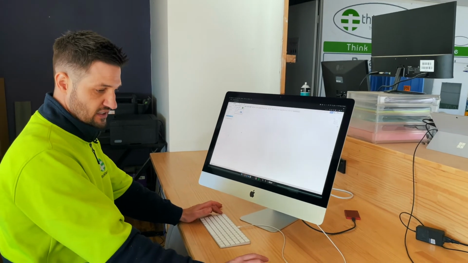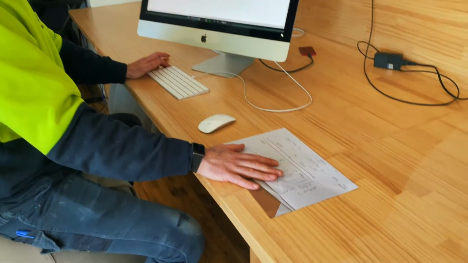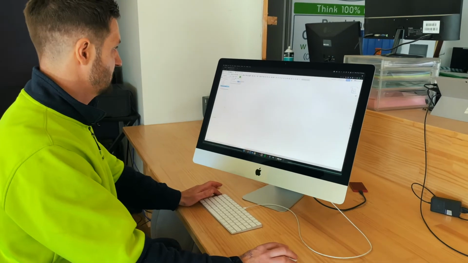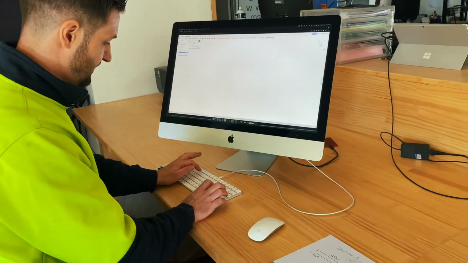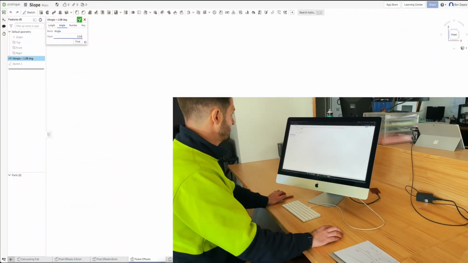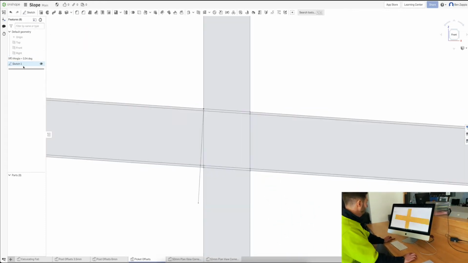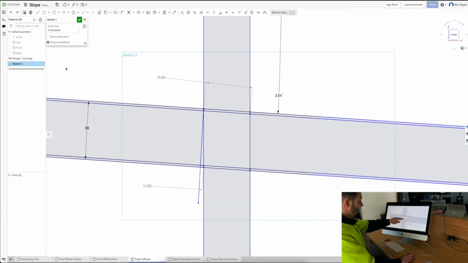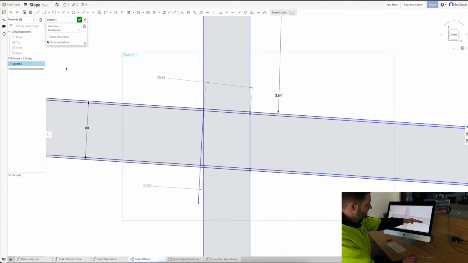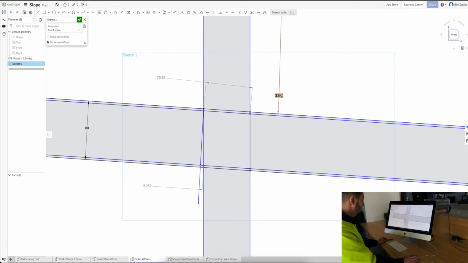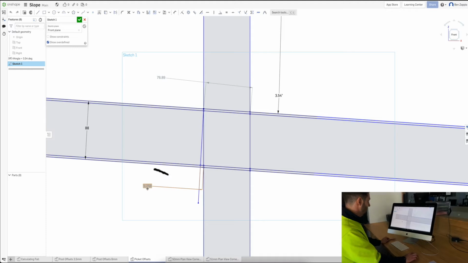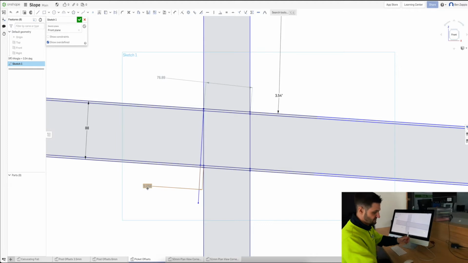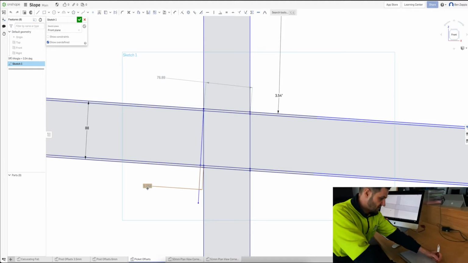Okay, so what we're going to do here is put in our fall details to work out the picket offset on the rail. So we've got a 3.54 degree slope. And you'll see here, this is going to be your 76mm picket going plumb. And our rail is going with the slope of the land at 3.54 degrees. We actually need to have a 5.3mm offset for the cutout for the picket on both sides. So our rail offset is going to be